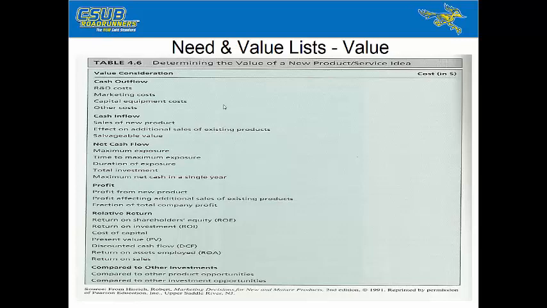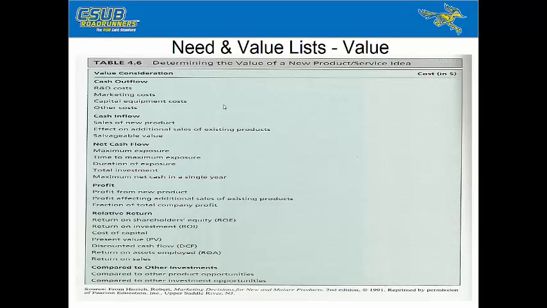But in order to make these plastic toilet seats, you need to have an injection mold that you inject plastic into, and it molds it into the shape of the toilet seat. And in order to make that mold, it costs like $10,000. So for capital equipment costs, when you're making a physical product of some kind, sometimes there's a big cost up front that you have to have for equipment to be able to produce it. And then any other costs that are associated with the idea.